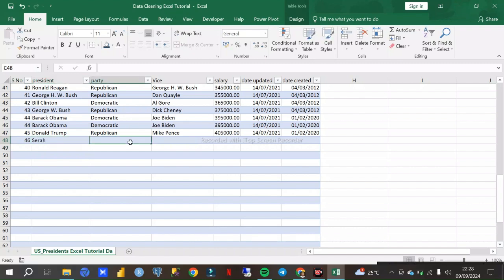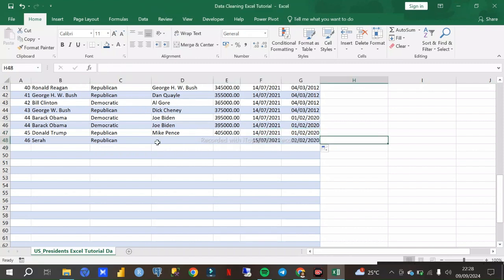Sarah is a PDP member. I'm going to spoil this data now. Let me not spoil it. Sarah is a Republican, and then let's say Terry. Okay. So if this value here is missing, and then here too is missing, but the date is complete. If the date is complete as this,